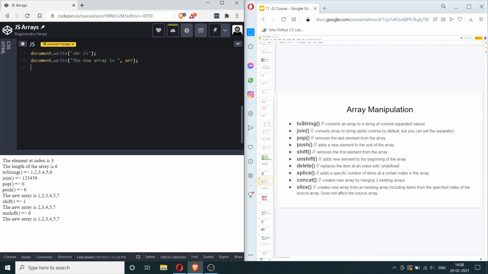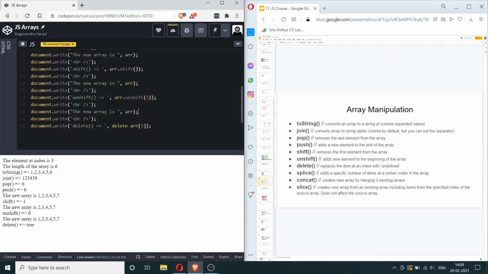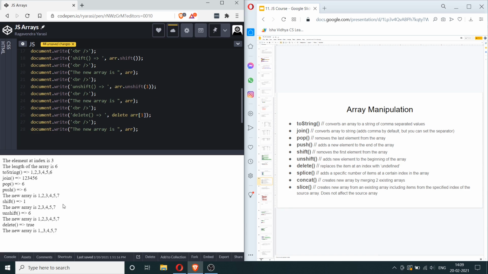And now moving on to delete. This one is to be written differently. So here we'll say delete arr[1], and it says true, which means that this command worked out. Now if you print out the new array, you'll get to see what the new array is like. What it does is it basically removes the item that was at index number 1.